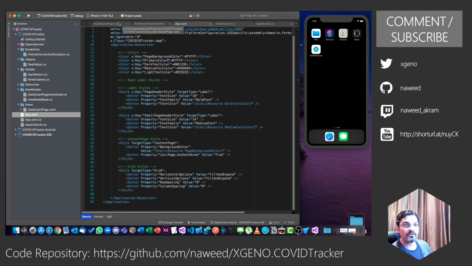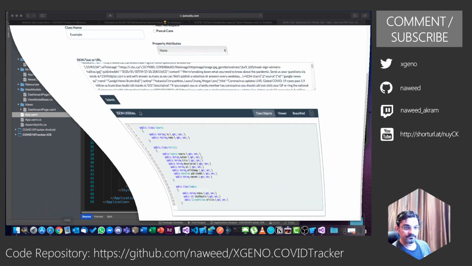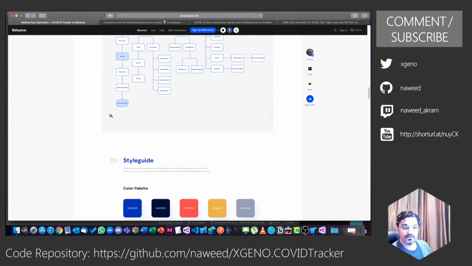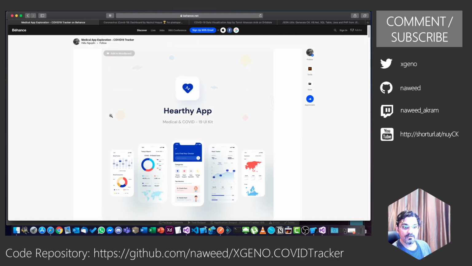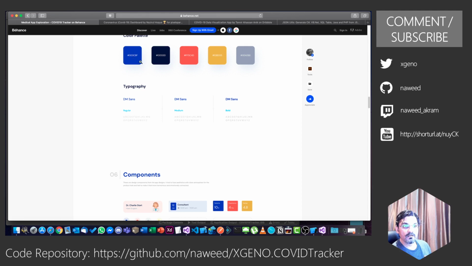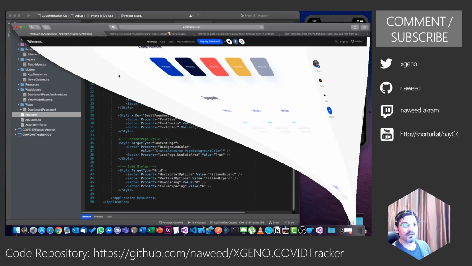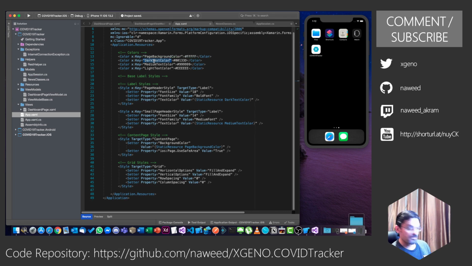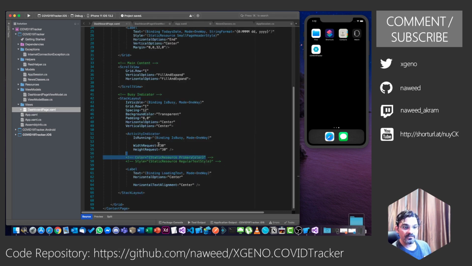Okay, this primary color I got from here, so they have also defined the colors. Primary color I'll use 00133D, which is again the dark, same as the dark text color. So maybe we do not need to use this one, we can use the same dark text color. Let's go back and fix this.